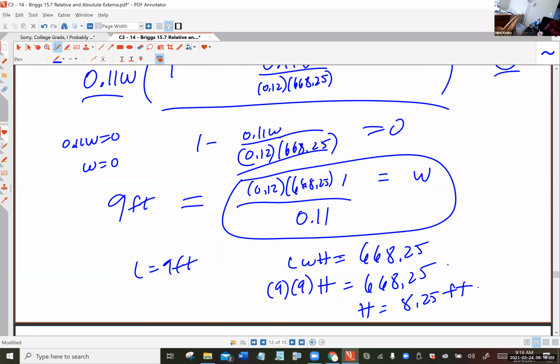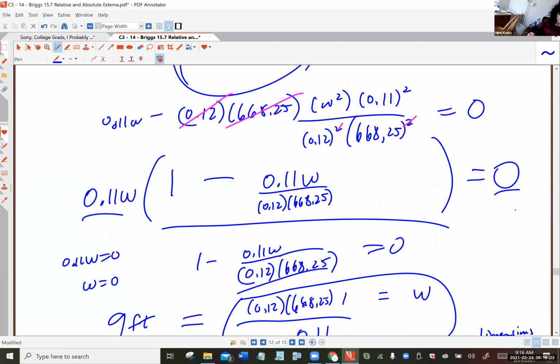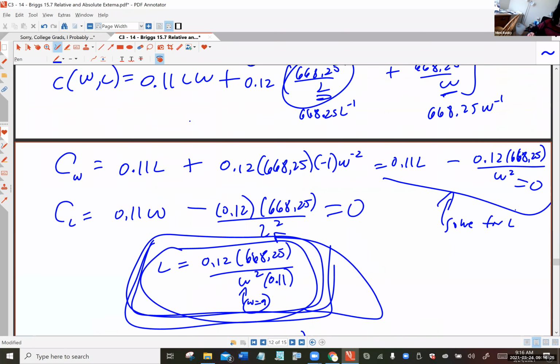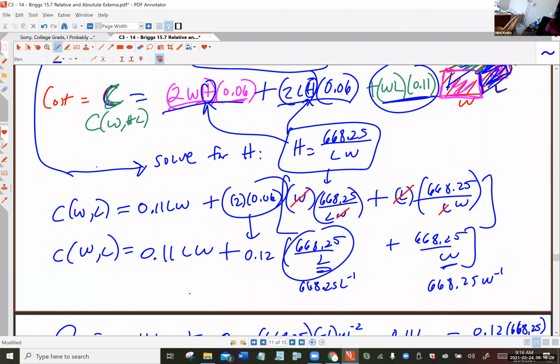Now, what is the actual minimum cost? Because we did find the dimensions of our room. So our dimensions are 9 feet by 9 feet by 8.25 feet. And that was one of the questions they asked. Remember always to answer all the questions they ask you in a word problem. Don't leave parts of it blank. What about the minimum cost? Remember that we did get cost in terms of all three variables. You could either plug it back into this original cost function, or if you prefer the one where we reduced it to two variables. Either way,